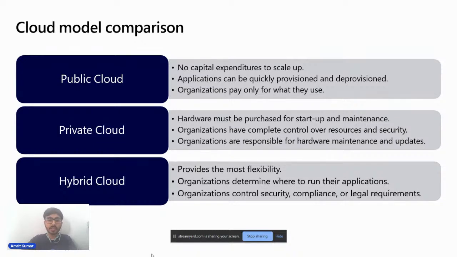So organizations can control everything in hybrid cloud, along with the flexibility feature.